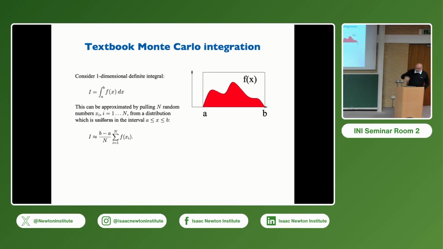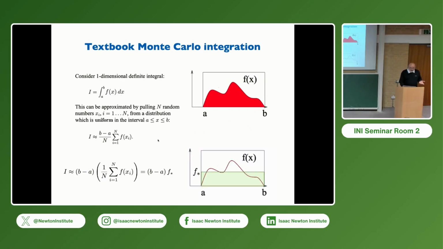Okay, now about Monte Carlo. So here we could hear the Monte Carlo term a lot of times, many times. This is the classical textbook example of the evaluation of the integral. So basically, we do uniform sampling and average those values, and this is nothing but the application of the mean value theorem here. Okay.